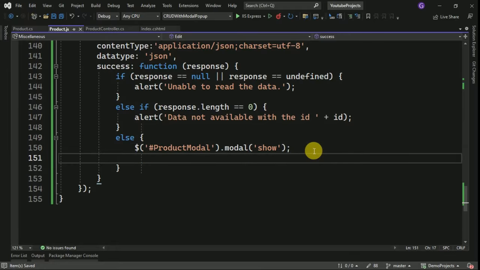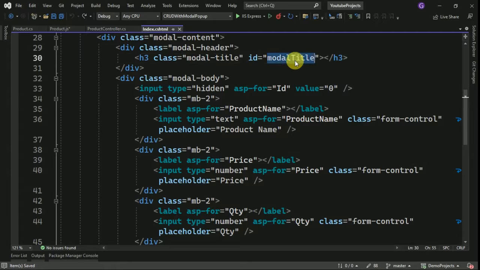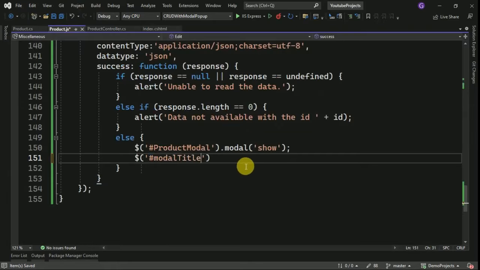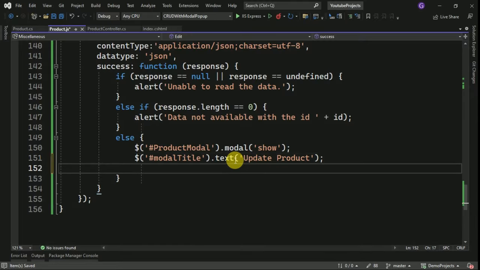And I'm going to define the modal title also here. This title also we are going to display dynamically. Since we are using a single modal pop-up for insert and update, we are displaying the modal title dynamically. So this is the modal title here: update product. If it is insert, we are going to display it as add product. So in this case, we have to hide the save button and we have to display the update button. For that,